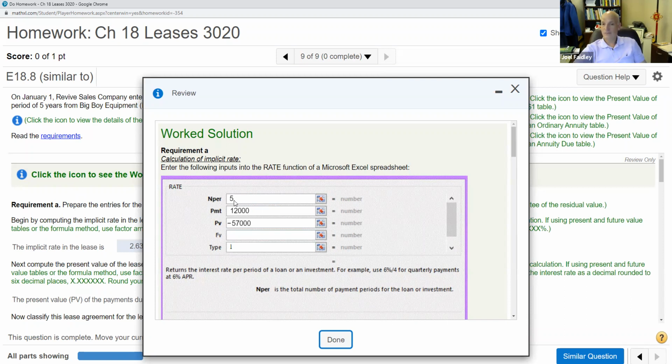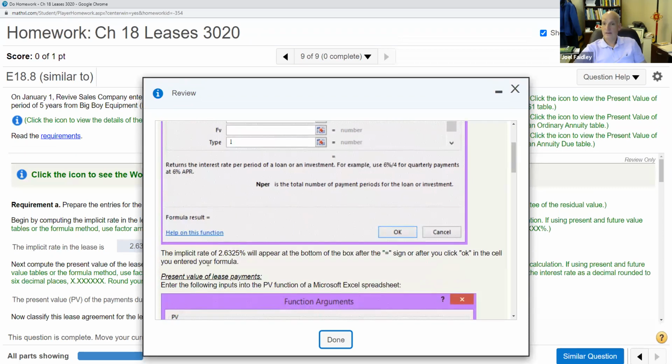So 5 years, 5 terms, payment's 12,000, and you're trying to figure out the present value is 57,000. Make sure you put the negative in there. And this is an annuity due for that 12,000. That's what that applies to. All right, and so that tells us the implicit rate, when you click enter, is, and I would encourage you to do this on Excel in case you have one like this on the exam, so you know how to do it,